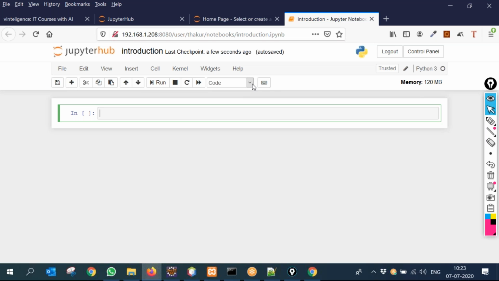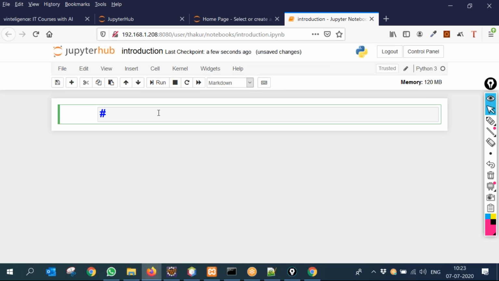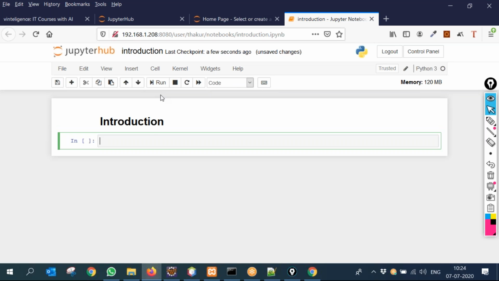Only two more things I want to say. Markdown is for comments. So create a markdown cell, type Introduction, and run it. Whoever is not able to do it, please let me know.